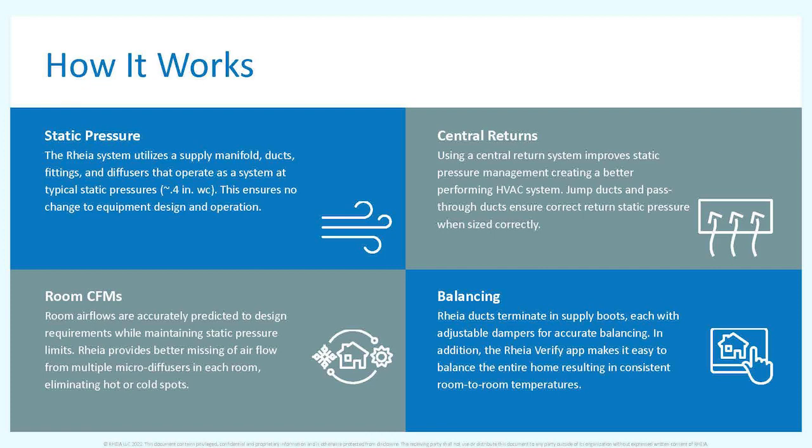On the return side, we advocate for central return. It doesn't have to be a central return, but we see central returns perform easily as well as dedicated returns. Dedicated returns are challenging unless you really pay attention to them and do them really well. So in a more custom environment, it's probably okay. But in general, for production home builders, they tend to lean towards the central return solution because it's simpler and